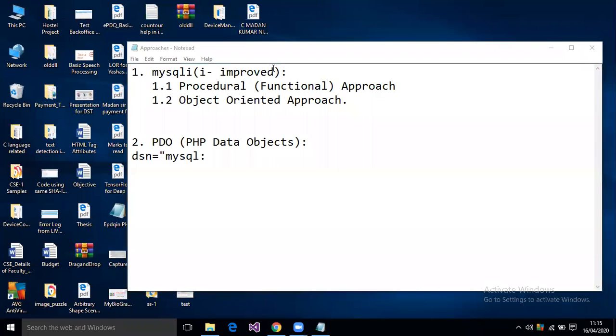then you need to provide a host name, and this host name will refer to the server name. Suppose your database is running on localhost, then this will be localhost. Similarly, if you want to connect with Oracle, this changes. This DSN will change according to your database. The localhost is the name of the server.